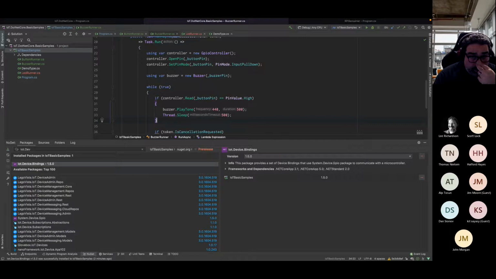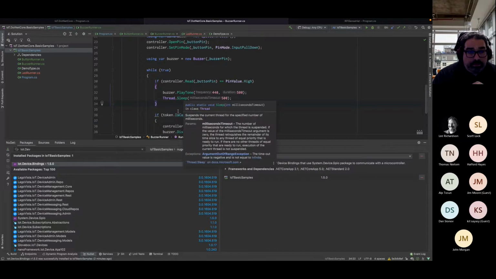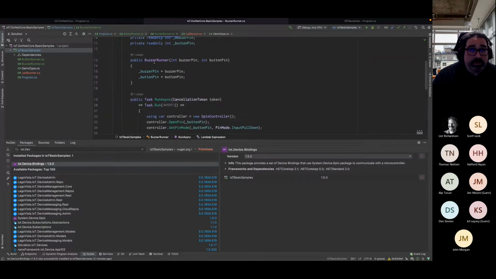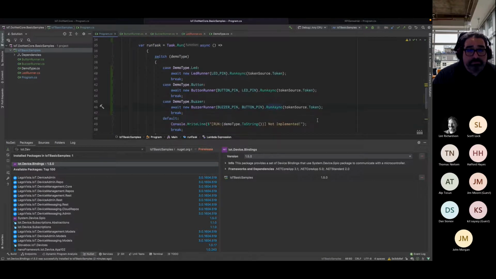And yes, the buzzer is using PWM. We are going to do another demo of PWM that's a bit more rustic. This one's actually using a device binding that was built using PWM. So I believe this is it. This is not a very complex demo at all. Let me double check that my program is correct. Looks right. Buzzer and button pin.